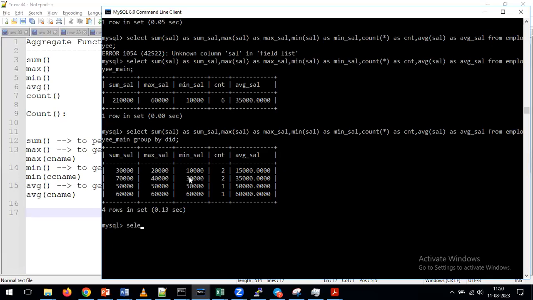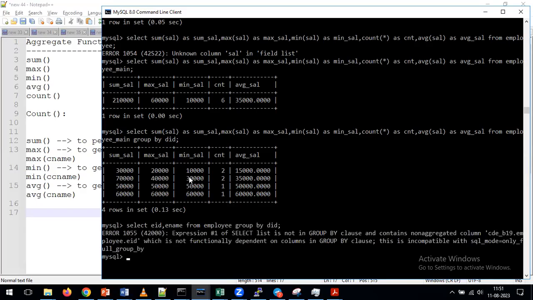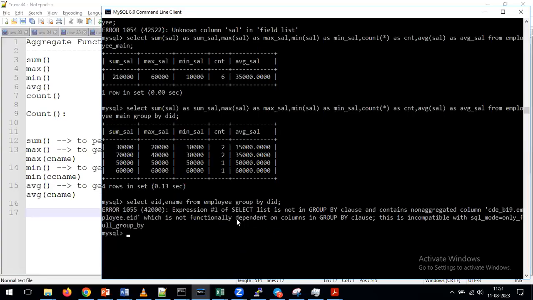For example, with physical columns, I'm giving EID, ename from the employee table, and here I'm giving GROUP BY department ID. I'm running this query. Now see what's happening. It gives a syntax error because we are not passing all the columns in the select statement to the GROUP BY clause. That's the reason this query gives a syntax error. And if you see the error, it says the select list is not in the GROUP BY clause. What it means? In the select statement,